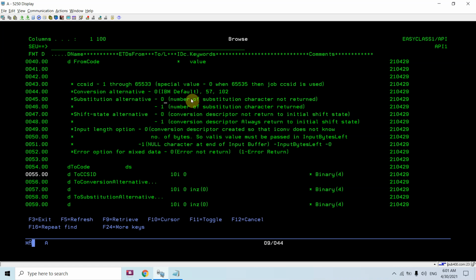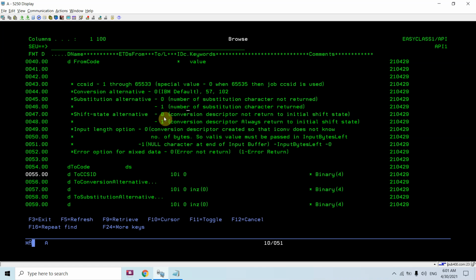Here we are passing 0, which means number of substitution characters not written, versus number of substitution characters written. Wherever substitution would happen, if a character was not present in the character set, it would be written; not written if 0, and if it's present it would return 1.